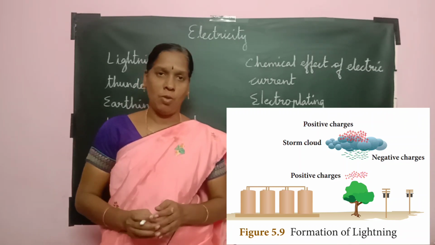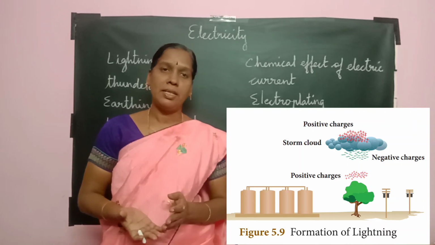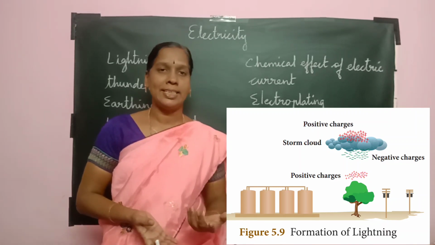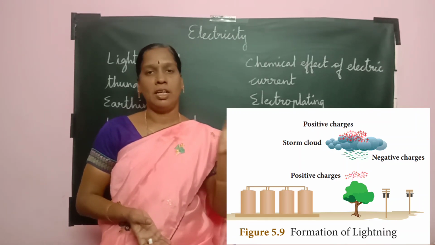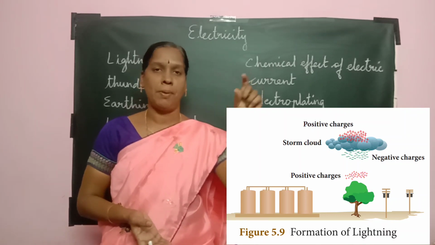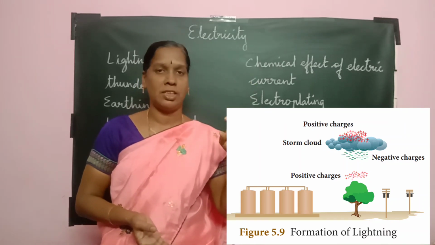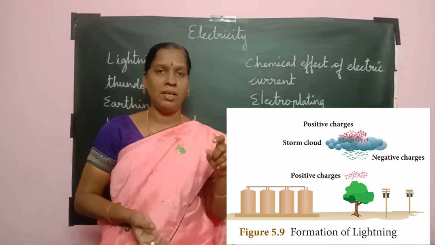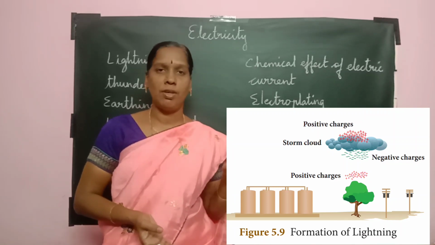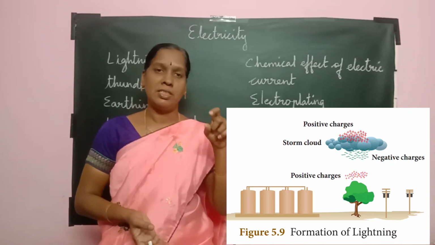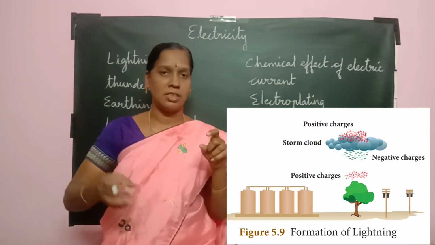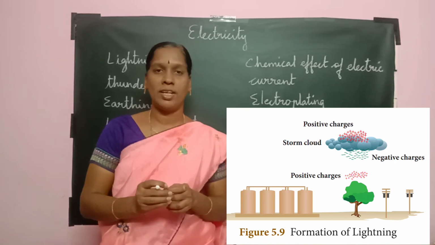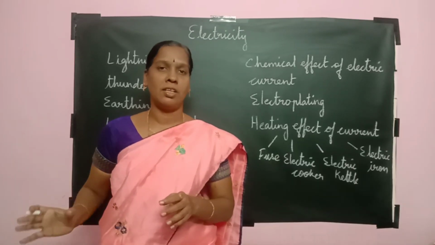The lightning will fall down. In some cases, when we consider the clouds, they have positive charge on the upper part and negative charge on the lower part. That is, electrons are in the lower part. When these electrons move down, they meet the accumulated charges on the ground, that is, in the mountains, in the trees, or even in